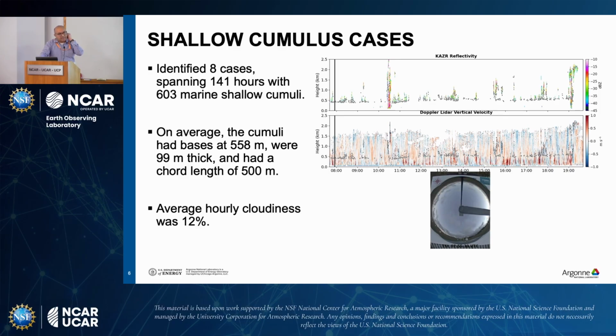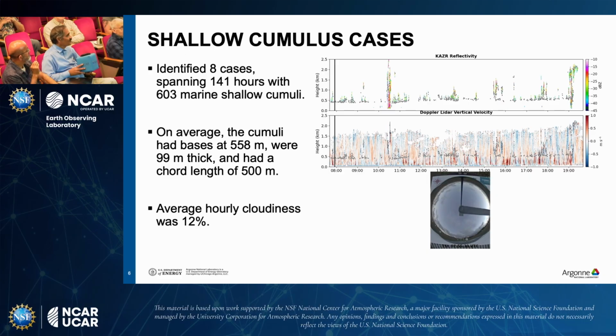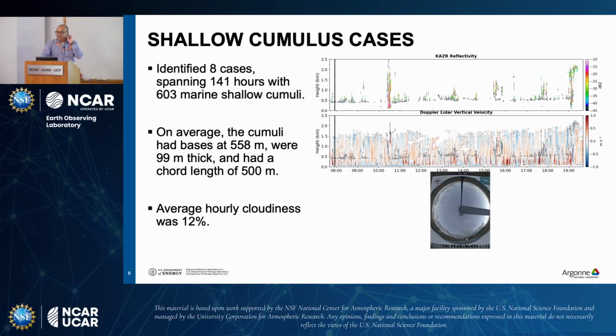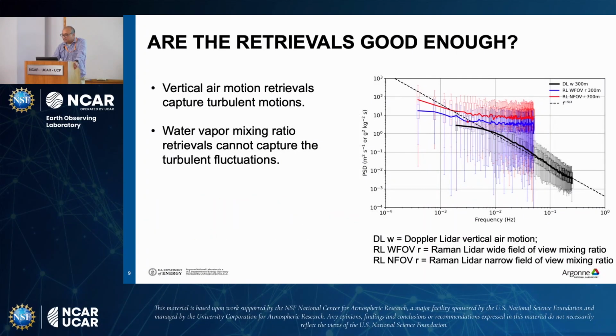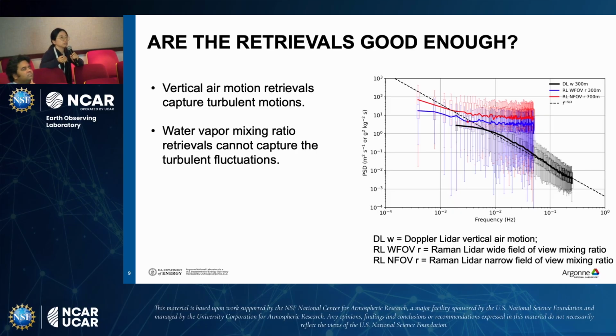I see. Okay, that's a very challenging retrieval, given the range of instruments. Good. Hi, Virendra. Very nice talk. I have a question about the humidity spectrum. You mentioned that the Raman Lidar is not acting well. Does it improve in clear air conditions in measuring this humidity spectrum? And a related question: given the limitation of the Raman Lidar, is there an alternative way of measuring this humidity spectrum using other instruments?